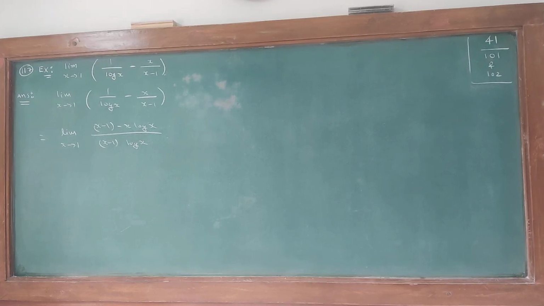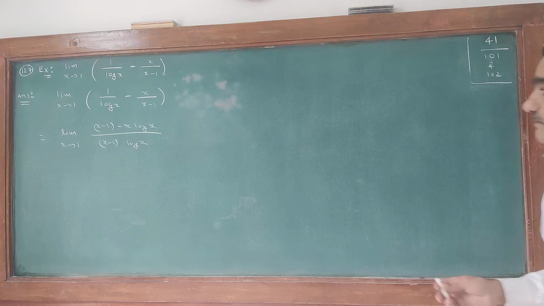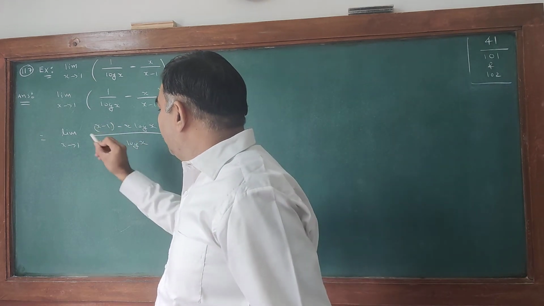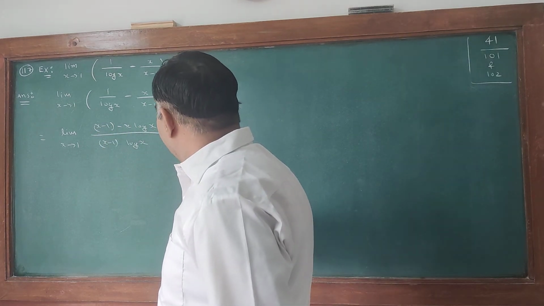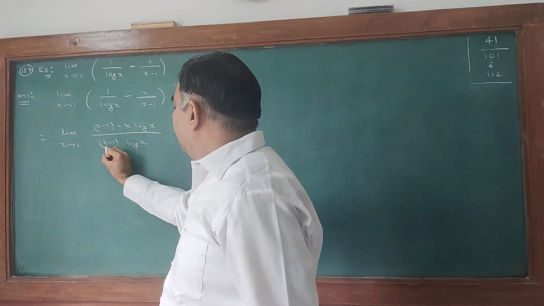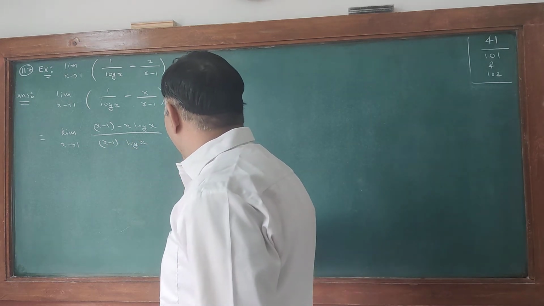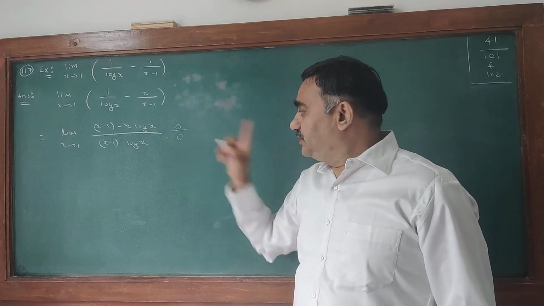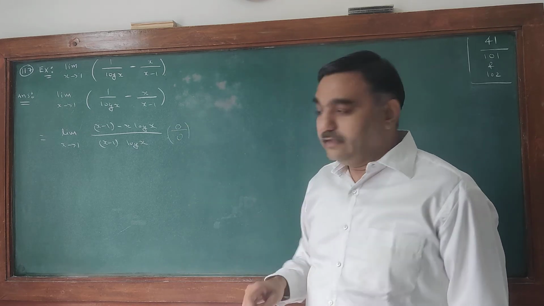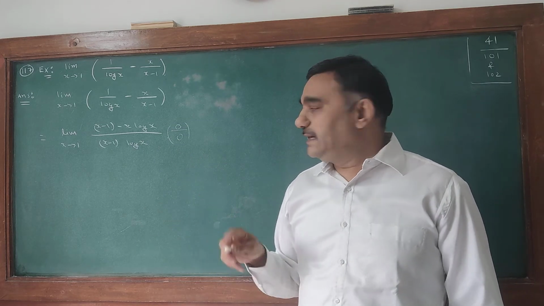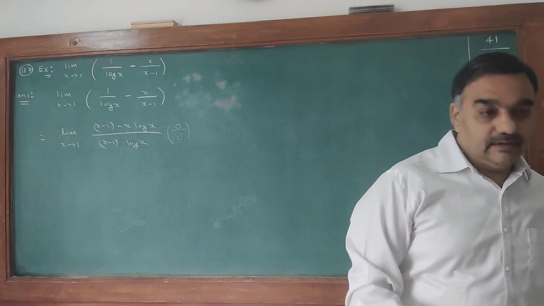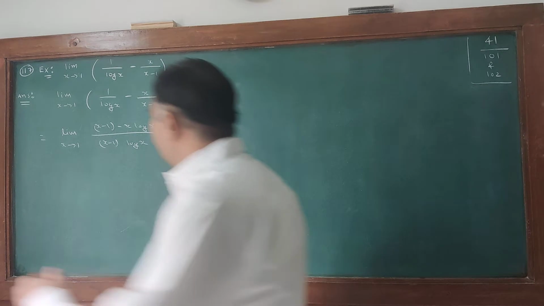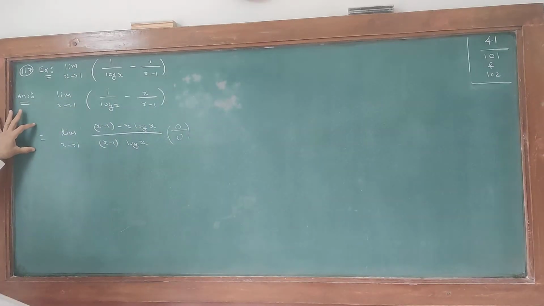Now at this juncture, if we put x equal to 1, what will we have? Just check it. x equal to 1 means 1 minus 1 is 0, and 1 into log 1 means the numerator is 0. In the denominator, x is 1 means it is 1 minus 1, 0, so 0 into 0. So it is 0 upon 0. Okay, you understand. Otherwise you put the value of x equal to 1, you will find it. Both these values are equal to 0. And therefore at this juncture we can use L-Hospital rule.